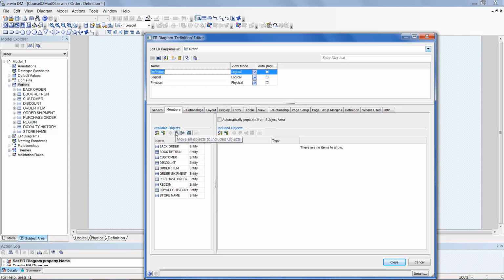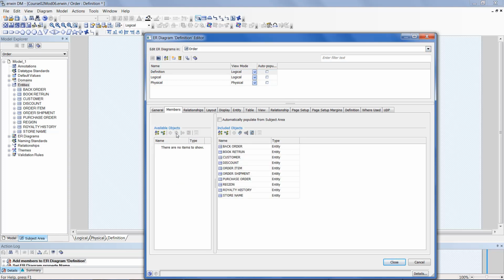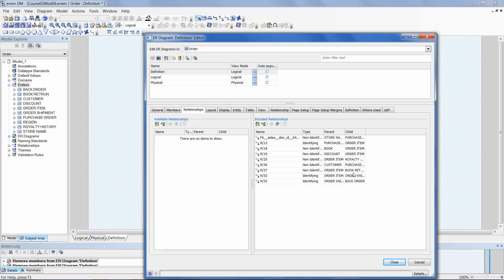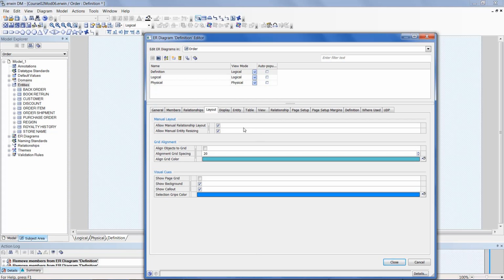All right. I'm going to trick the selector here. I'm going to push everything over to the right. And then I'm going to double click on region in the included objects list. That'll move it. And store name. Relationships, these are the ones we want included in the diagram. So members refers to entities, and the relationships plural tab refers to which relationships do you want shown in the diagram. Oh, we'll accept the layout,